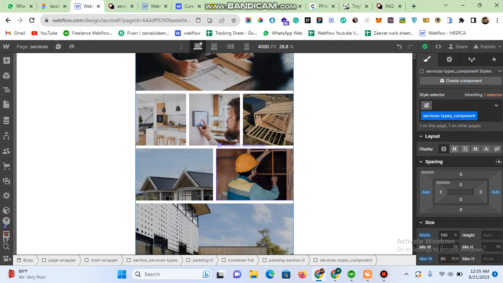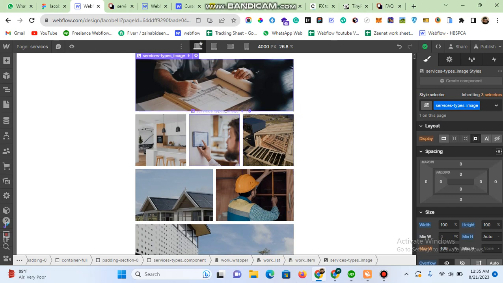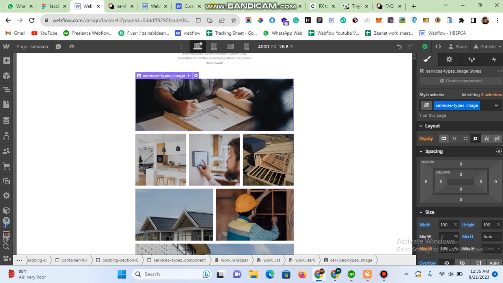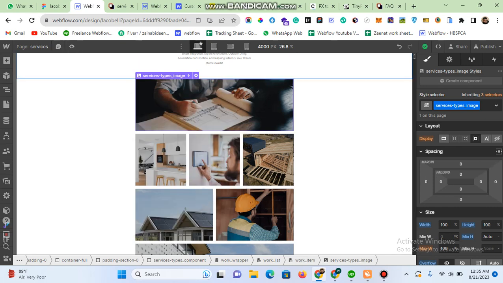I'm going to describe how you can create a dynamic masonry grid, as you are looking at the screen. So how can you achieve this result with the dynamic grid? And you see it's not a preview mode, it's not a publish mode, it's in the development mode. I achieved this result by very simple two to three steps. So I'm going to explain how you can achieve this type of masonry or uneven grid with the dynamic